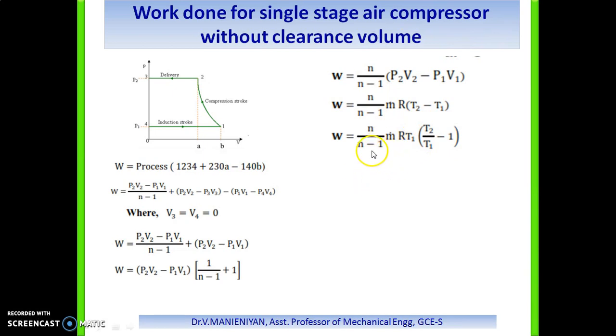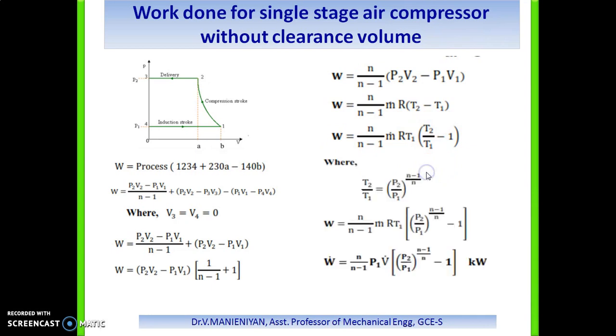So it is a simplification. W equals n divided by n minus 1 times mRT1 times (T2 by T1 minus 1). So that is the mRT1 temperature relationship. You know that is the T2 and pressure relationship: T2 by T1 equals (P2 by P1) to the power of (n minus 1) by n. That is the temperature pressure relationship for the